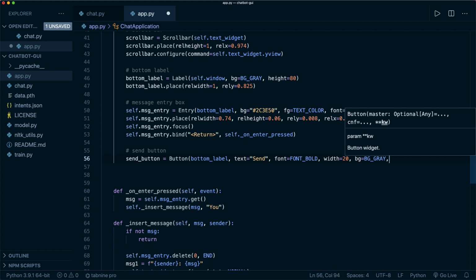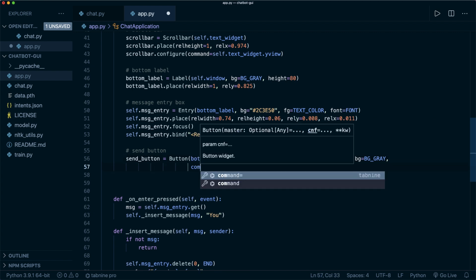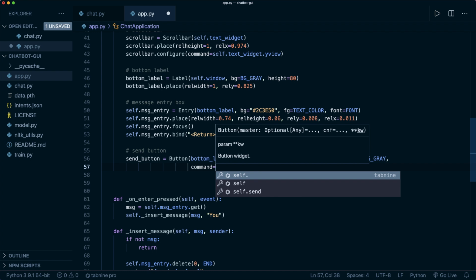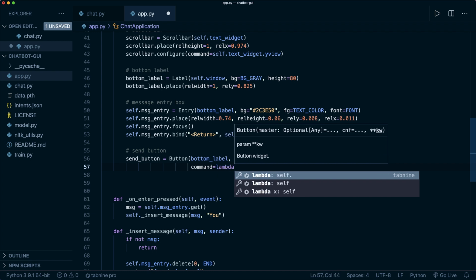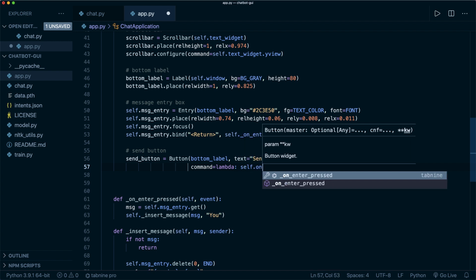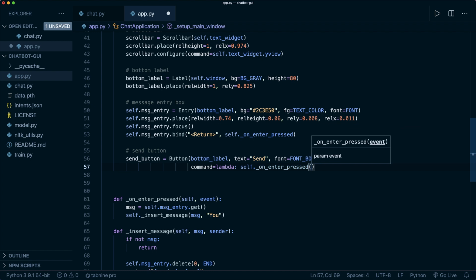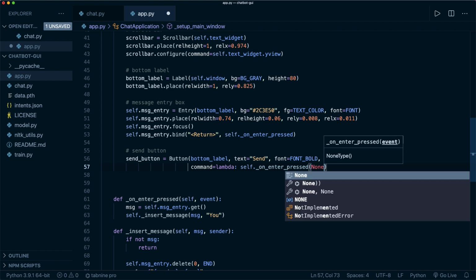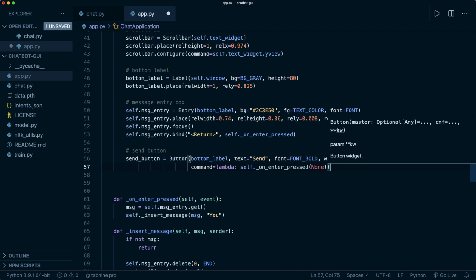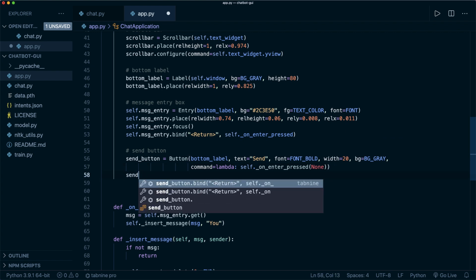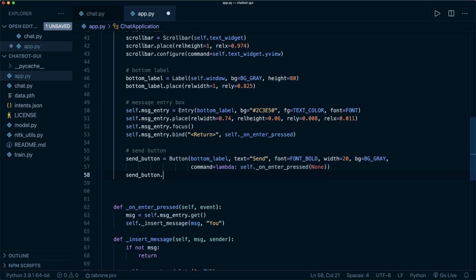So here we can say the command equals, and now here I use a lambda function, so lambda : and then self dot on enter pressed, and as an event we simply say none. And then we do it like this, and then of course we also have to place the button, so we